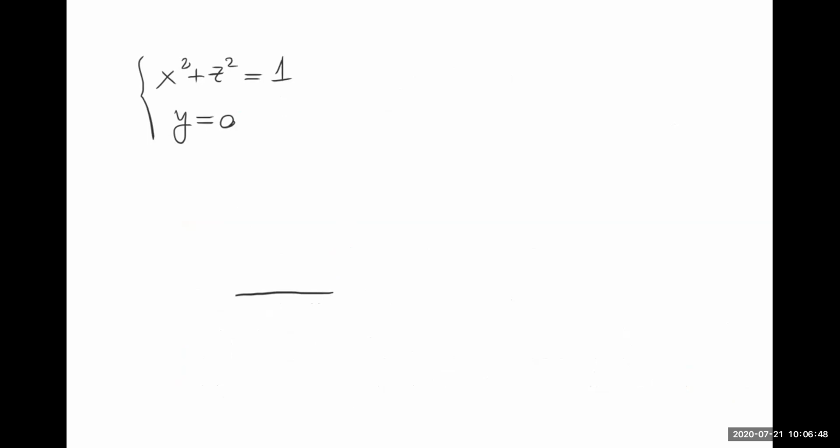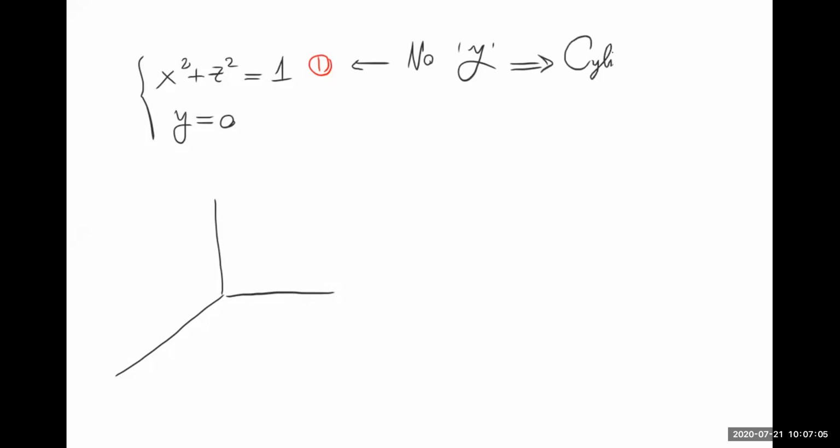Well, this is our three-dimensional space. Let's look at this equation. It doesn't have a y variable, no y variable. Whenever there's no y variable, we understand it's a cylindrical surface. What is its cross section? How does this cylinder look like? Well, if I look at x and z, x squared plus z squared equals 1 is the equation of a circle with radius 1